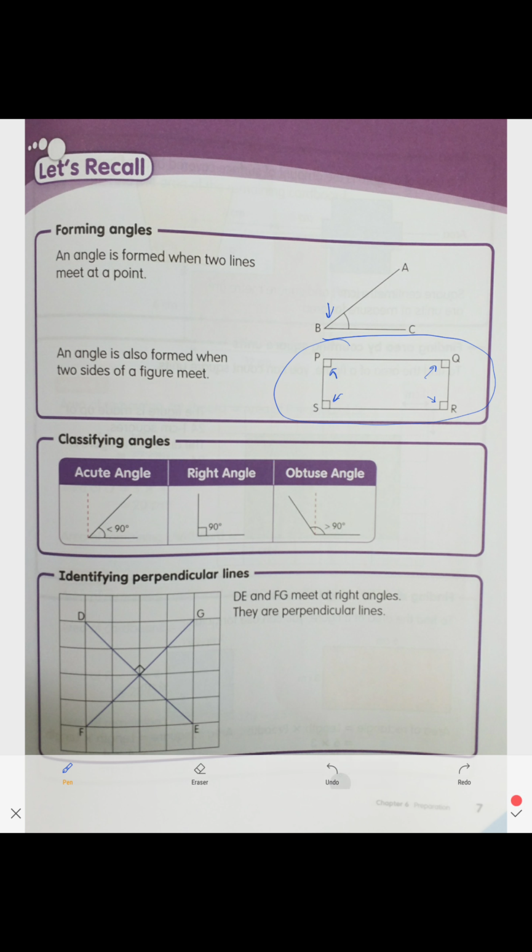All right, and identifying perpendicular lines. All right, this is the key word, perpendicular. Something that is forming a right angle over here, right? If two lines cross each other and they form an angle of 90 degrees, they're called perpendicular. All right,